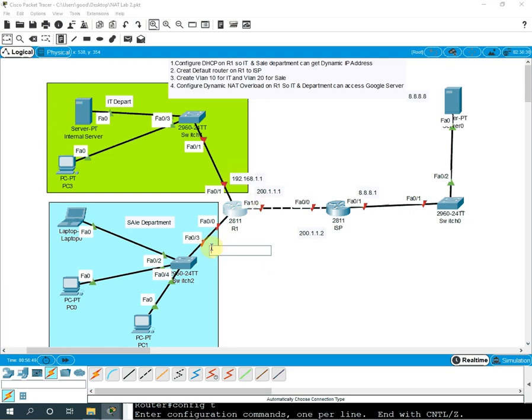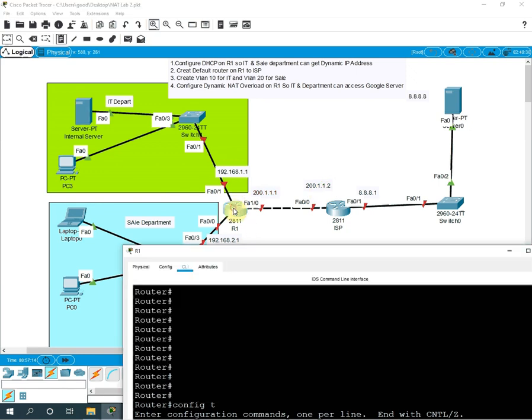And here we will write 192.168.2.1. Okay, these two. Any doubts why we are taking these? You can take anything. I am taking this one for this interface and this one for this interface. Okay, any doubts? Nothing, right? And this is the IP address already given. Here it is 200.1.1.1, and 200.1.1.2.